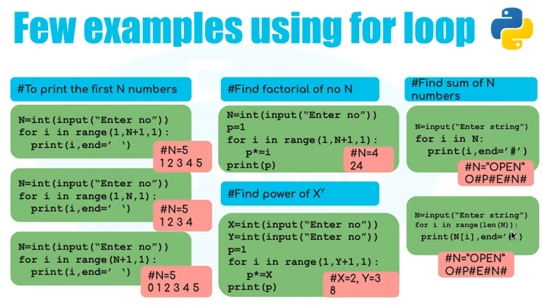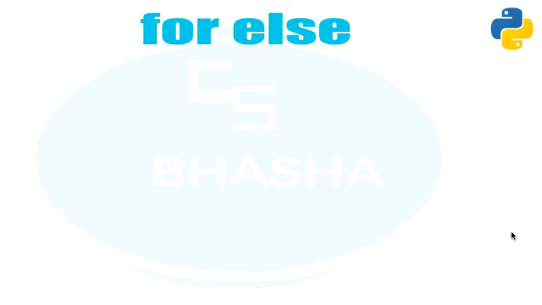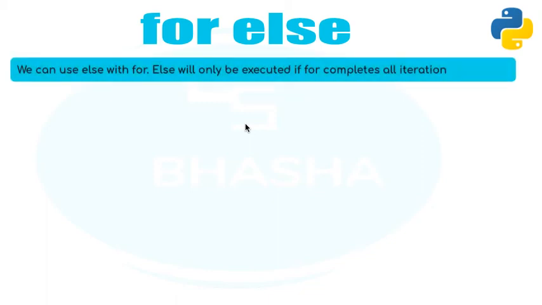Now I tell you one very interesting thing in for loop. With for you can also use else. Yes, you can use else, for those who don't know. See, else is basically required when sometimes we need to break the for loop in between. When we break the loop and a situation comes where we don't want the loop to get executed for all cases, then this part will not be executed. So the else part has a restriction. It is only going to get executed for those cases of for where the for loop is completed without any break statement. I'll give you an example.